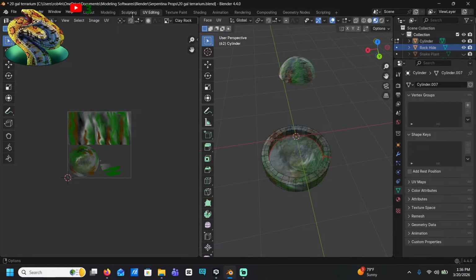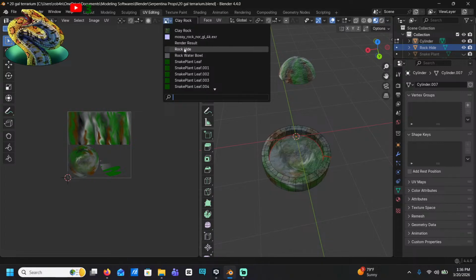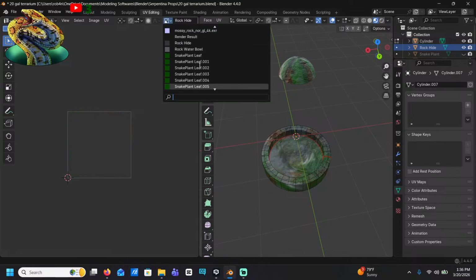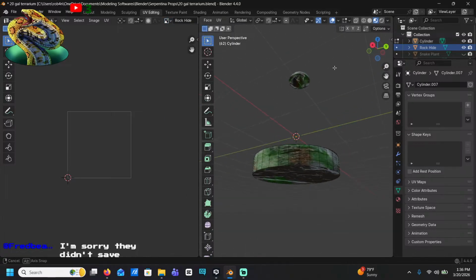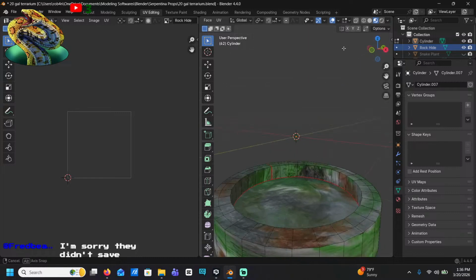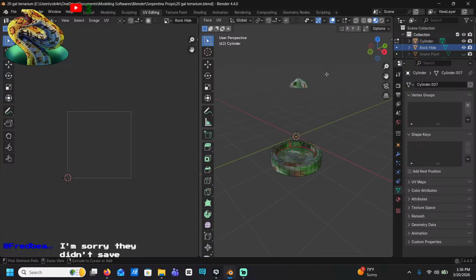Okay, whatever material that one is, I need that one. Rockite, is it this now? I think maybe clay rock is the same thing, actually. Man, that's rough. I'll figure that out later. That was my own fault. I forgot I had to save them. That was my bad. It's fine. It won't take that long to retexture them. Modeling them was the hard part, so retexturing them shouldn't be that hard.